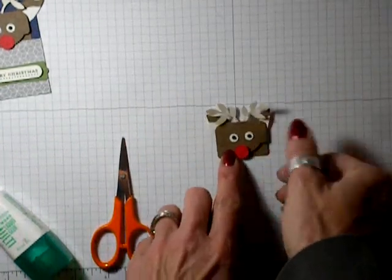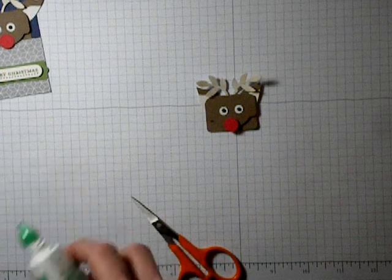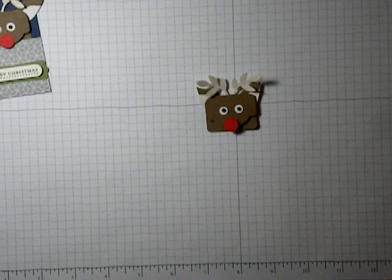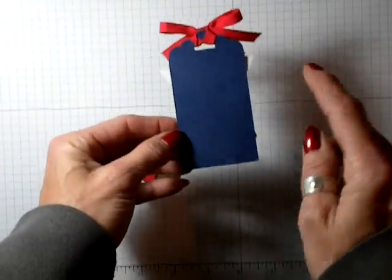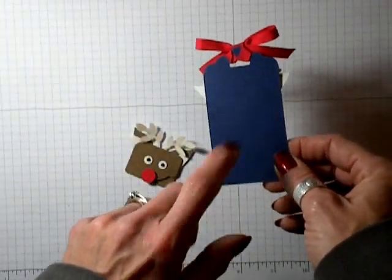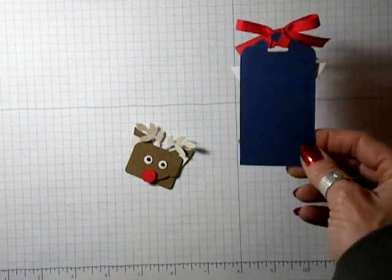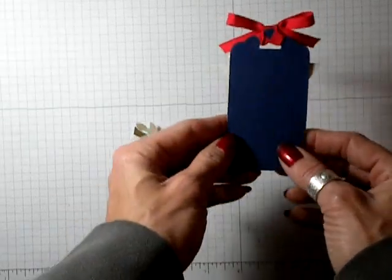Alright. So that is all there is to that reindeer. Pretty simple to make as long as you follow the correct pattern of the ears. Now, for the finished one, like I said, I put him on a blue tag that I made. I think this is Night of Navy cardstock. I think it might even be Midnight Muse. I'm not real sure. It was in my little scrap bin. I just grabbed a piece, so